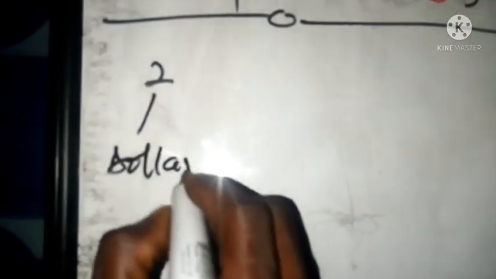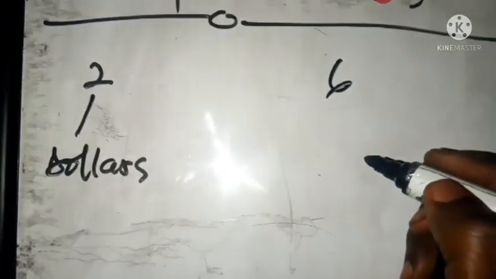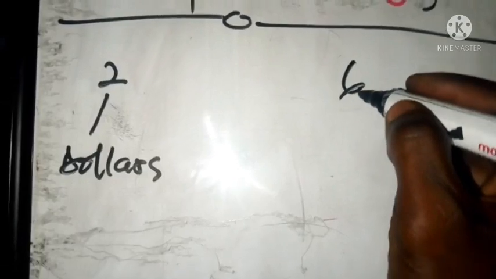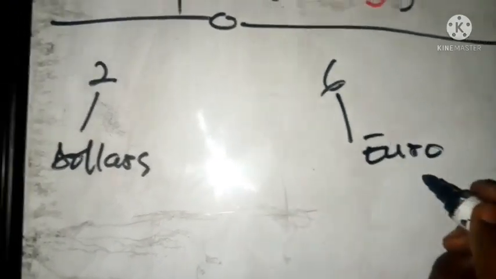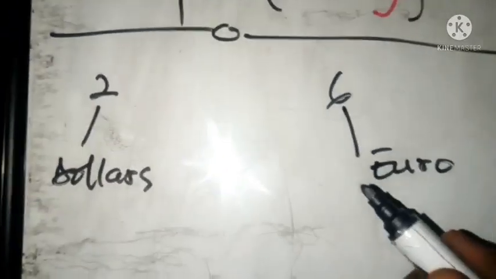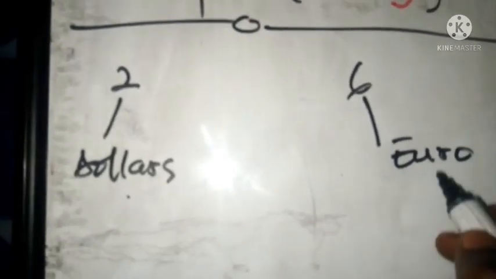So let's assume this is $2, and then we have another currency of a different sort, let's say a euro, right? A euro here is okay, and then we want to find the midpoint of these two guys. Have you seen that it can be possible? The reason why it can be possible is that this is in dollars, this is in euro. But assuming you have